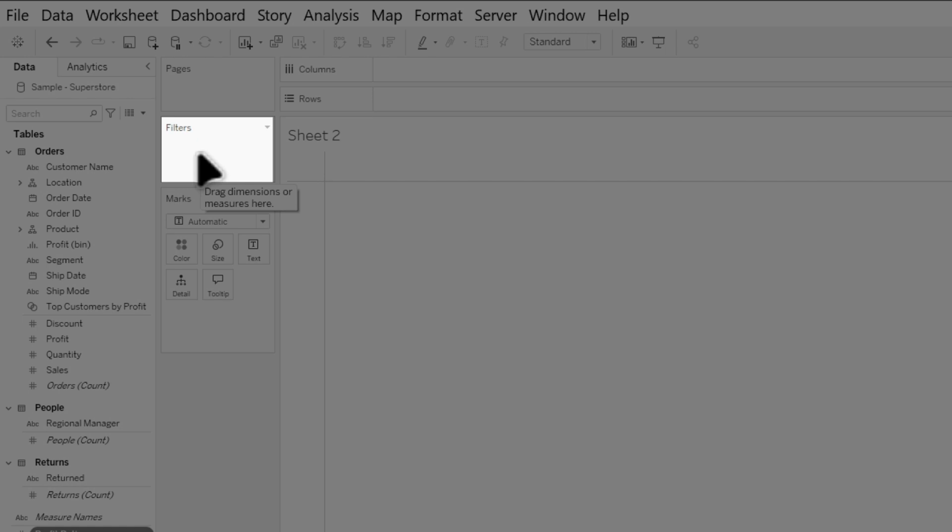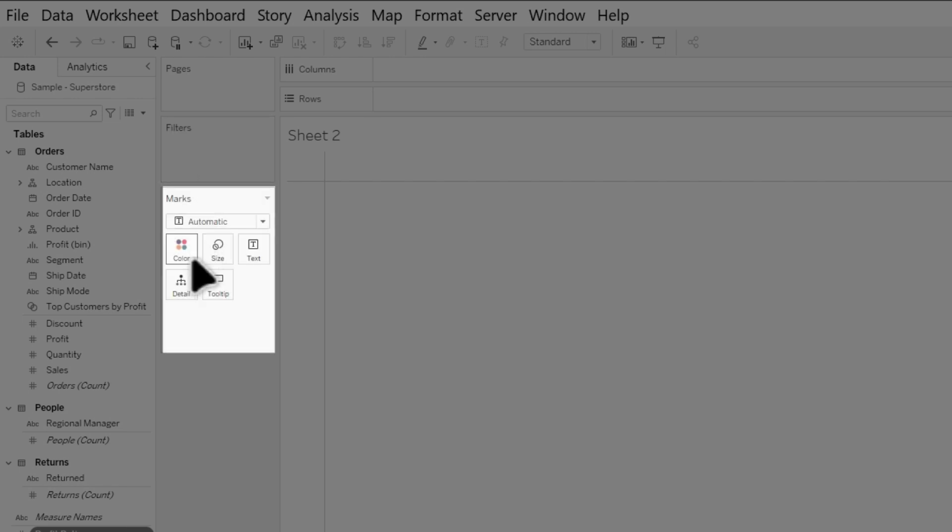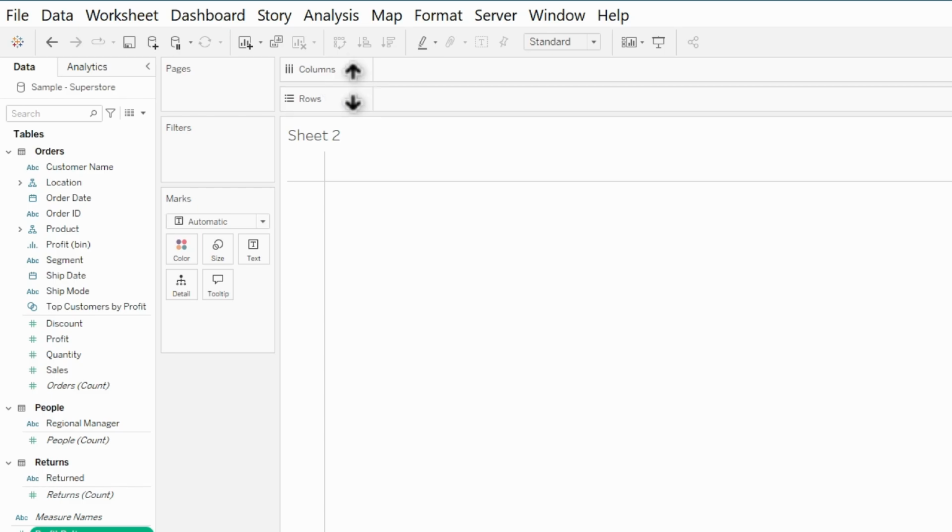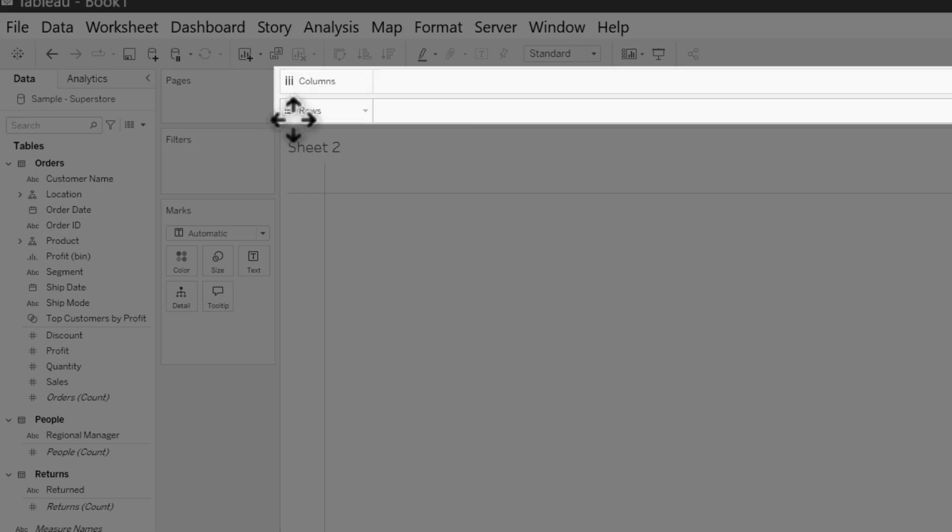Filters give you a subset of the data that you're currently working with. And in the Marks card, which is right below the Filters card, we have information on how to customize. So this is how you add customization to your data visualization. And then what you actually need to start to add data to your data visualization is the Columns and Rows shelves.